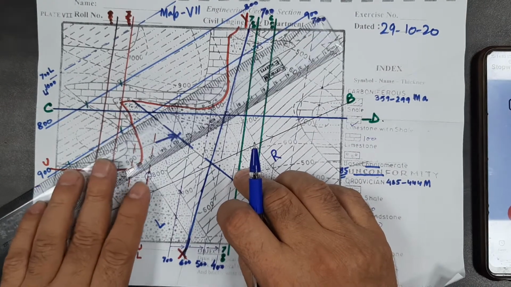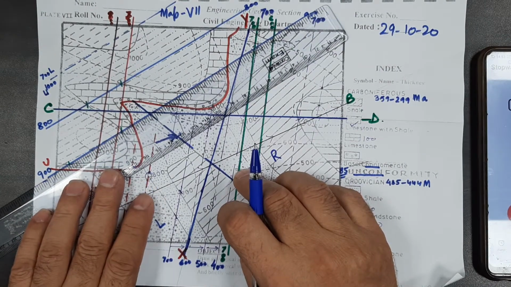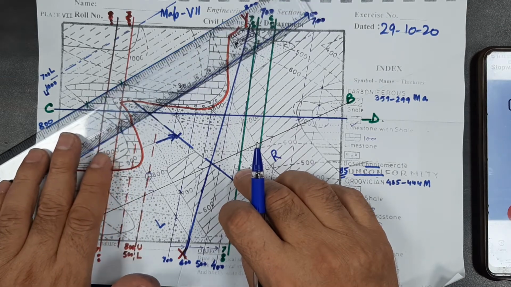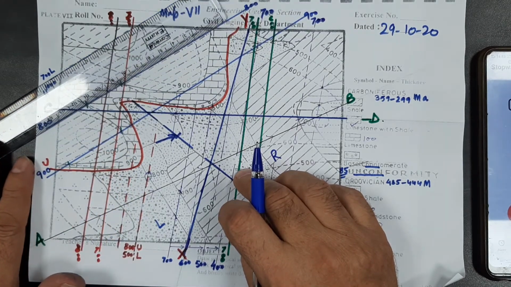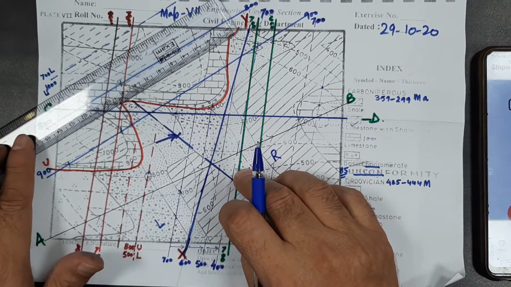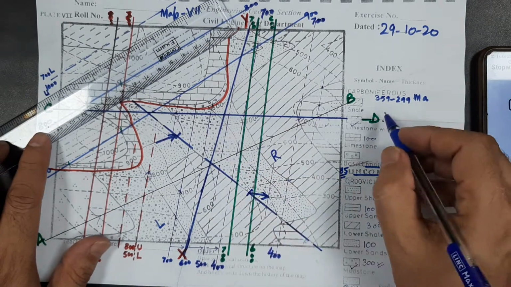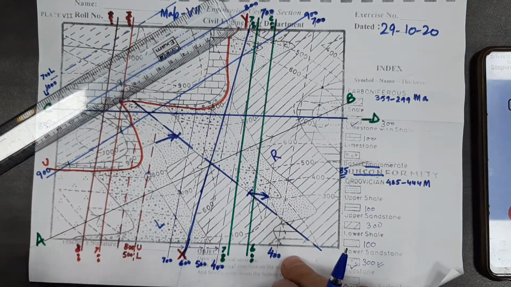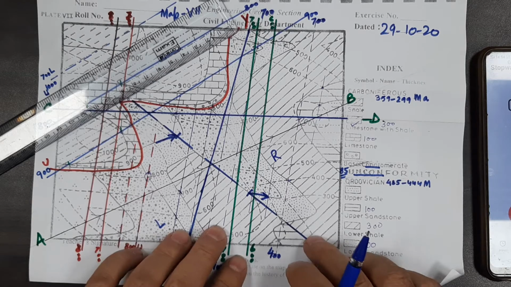Similarly, for this rock which has a 900 meter strike line here, the same contact is at 800 meter here, and the same contact will be at 700 meter here, where the upper contact is already at 1000 meters. So that means this is 300 meters. So we have worked out the thickness of almost all the rocks.